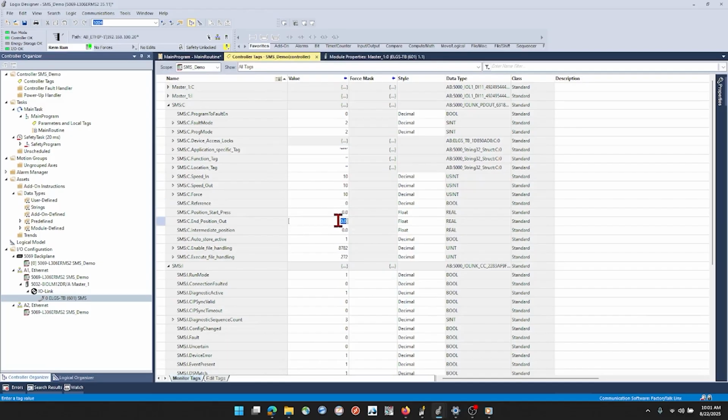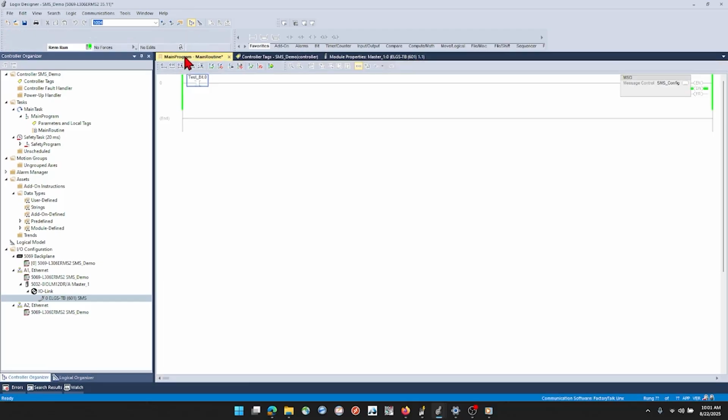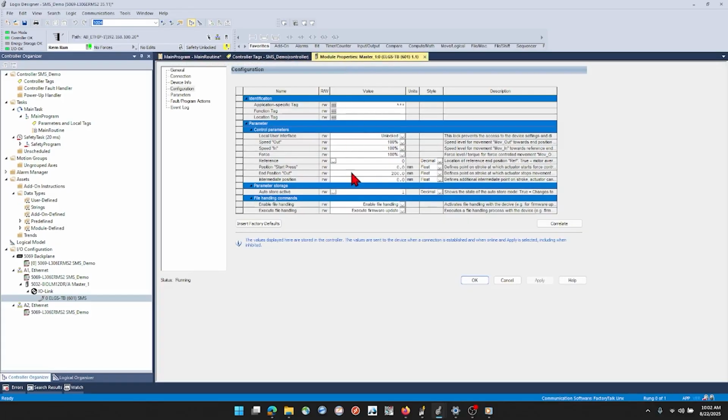We have a 200 millimeter actuator, so let's just make it 200 millimeters. And then we'll go back to our routine here and we'll write that data. And then let's go back to our module properties and you can see that our end out position is at 200. Now the reason I wrote a